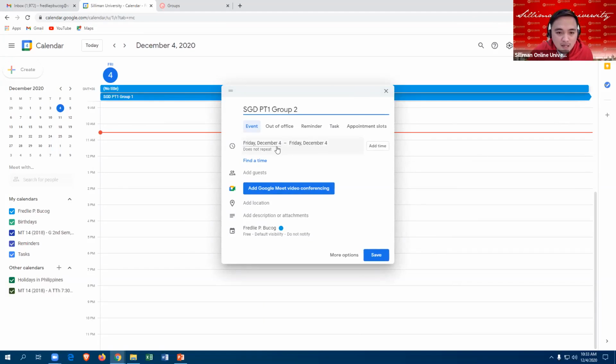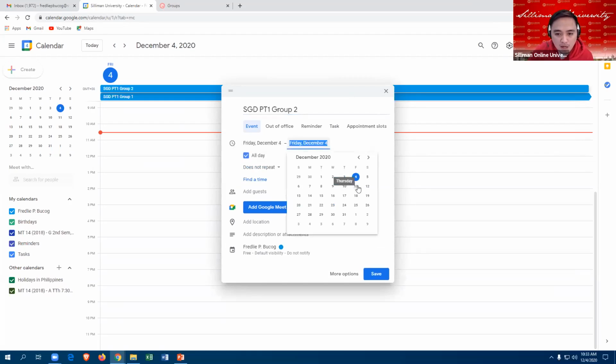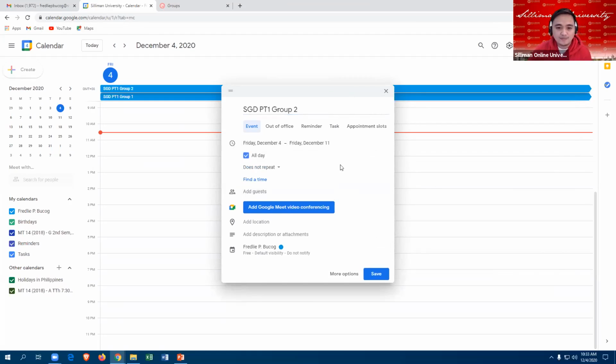And then you have to specify the date, but if you want to add time, then you can also add time. In this case, I will just give the date, from December 4 to December 11.